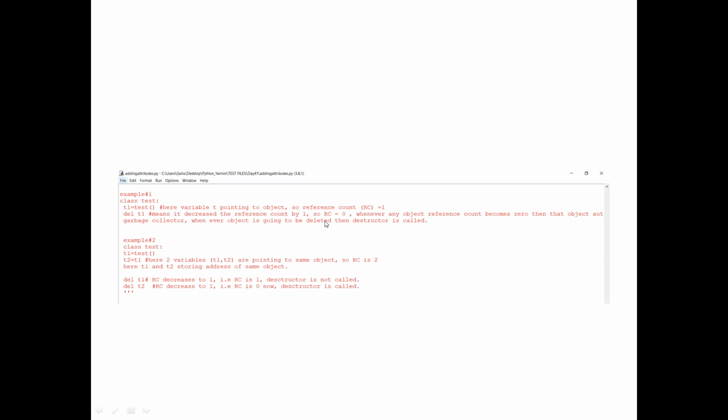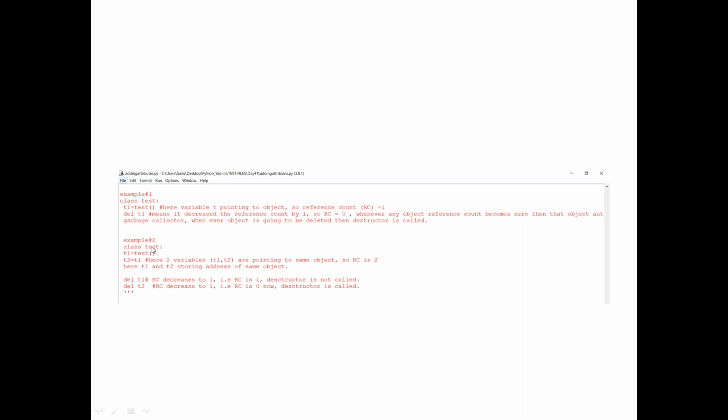Whenever the object is going to be deleted, the destructor is called. So the constructor is for automatically running something from your class. The destructor is to run some other program, to wipe off your memory, or to do some kind of cleanup, or to take a backup of your files. In those scenarios destructors will be called. So the constructor runs some program, the destructor runs a different program. Whenever the reference count becomes 0, what you have to do is decided by your destructor.